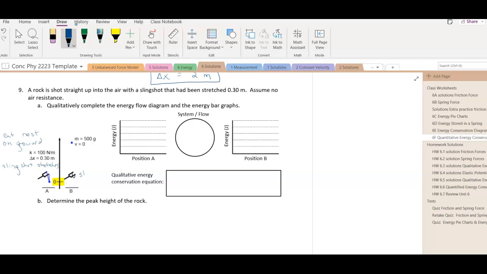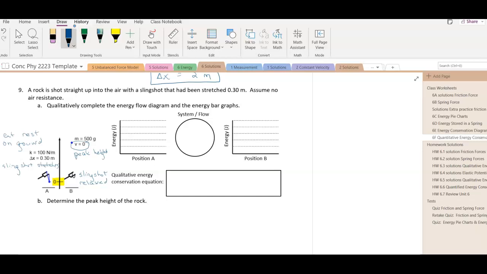the slingshot is relaxed, right? It's just a rubber band. It goes back very quickly to its original shape. Oh, the velocity of 0. We must be at a peak height, right? So it has gotten much higher, and we're looking at it at the point where just for an instant the